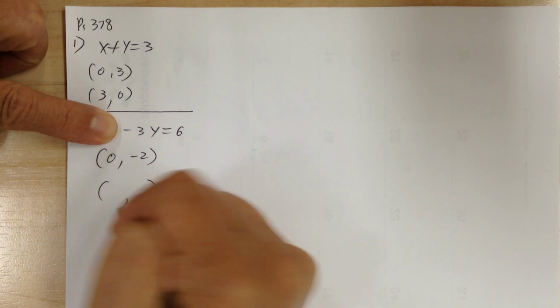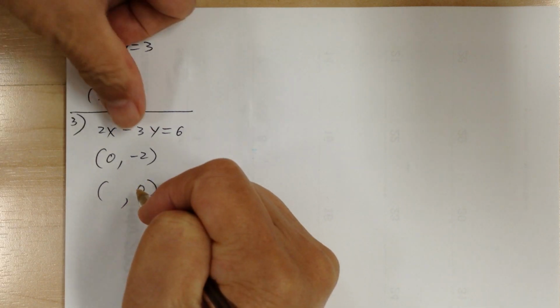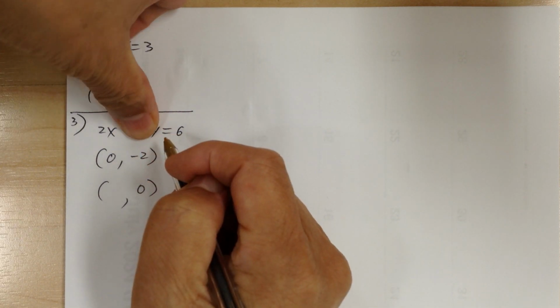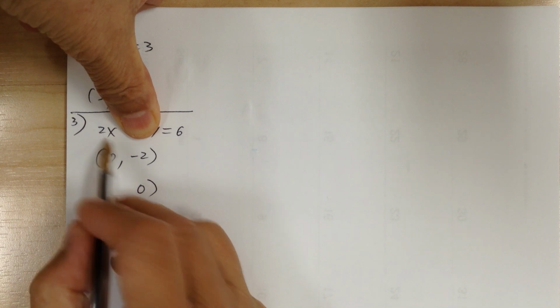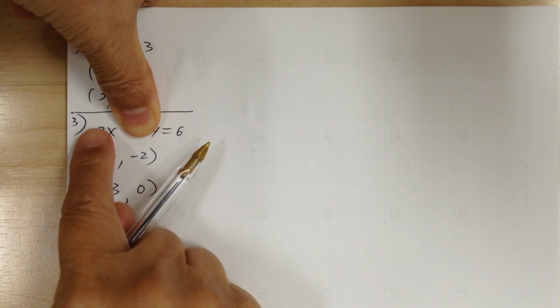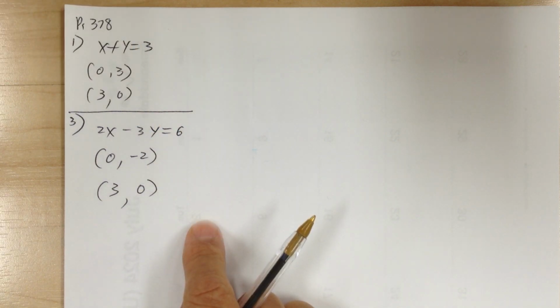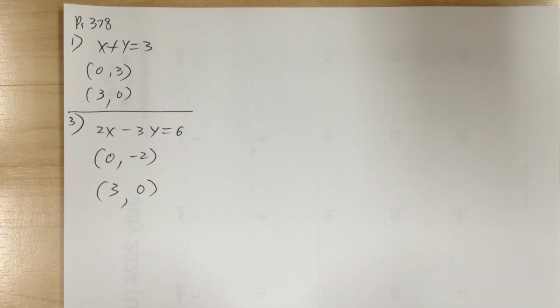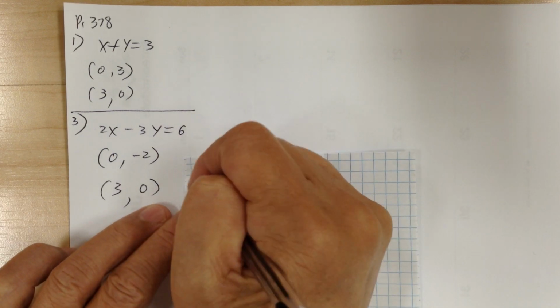Then you're going to do the reverse. You're going to set y equal to 0, so the y term is gone. Divide both sides by 2, so x will equal 3. Check: 2 times 3 gives you 6. Again, those are your two intercept points. So for number 3,